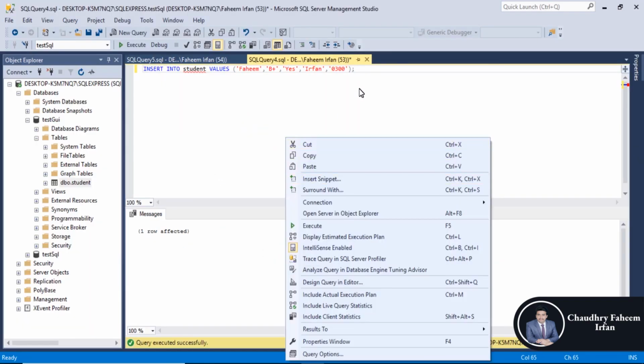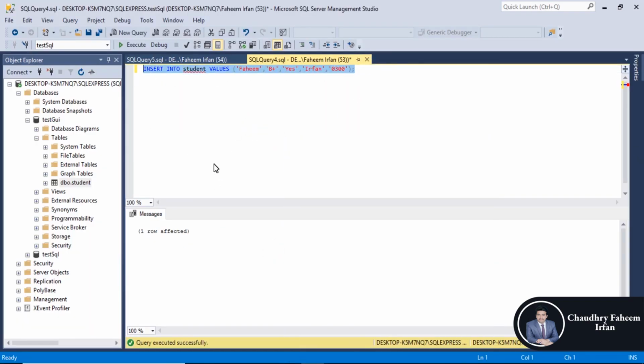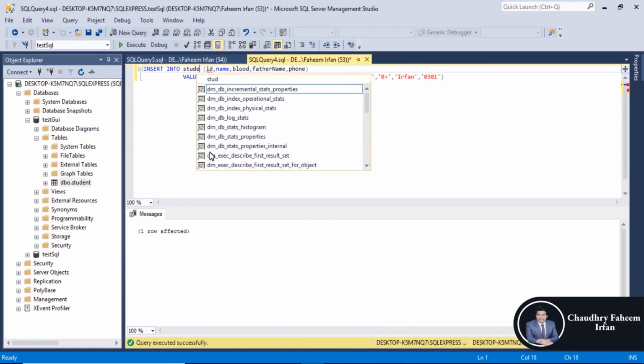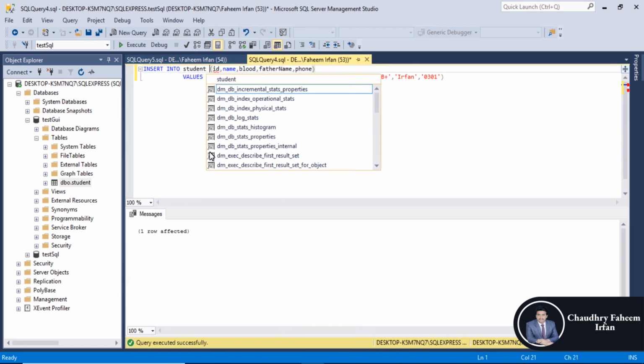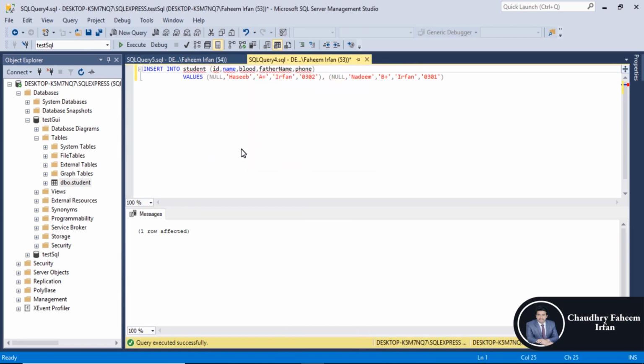Go to SQL Server, change student and remove ID, also remove null value, execute the command,